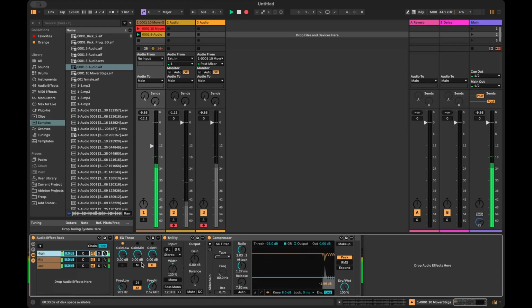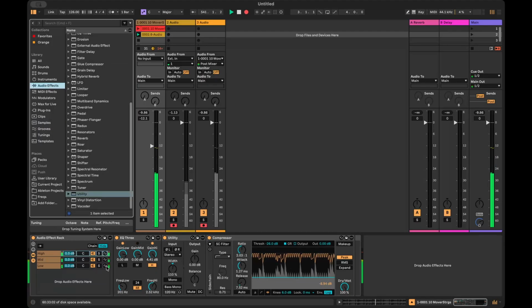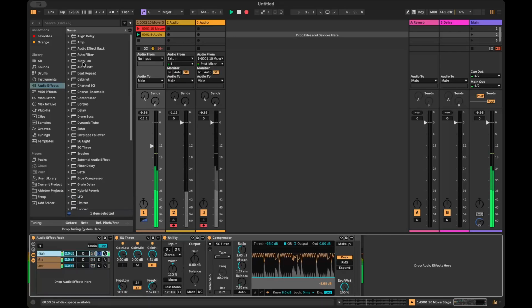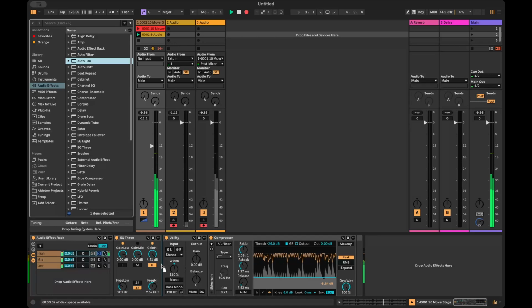I like it. Maybe a bit of more highs. Yeah. Maybe put this to 110. And something we can do here is to add autopan right here,